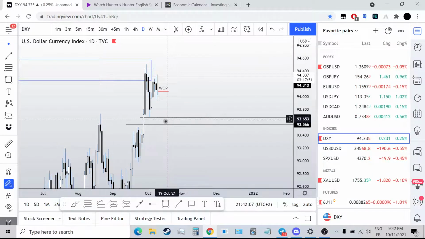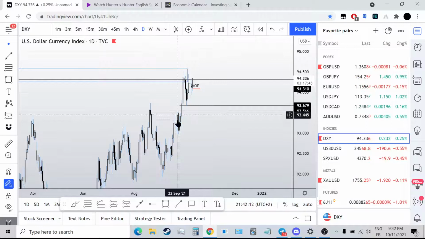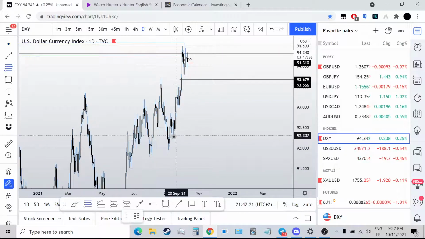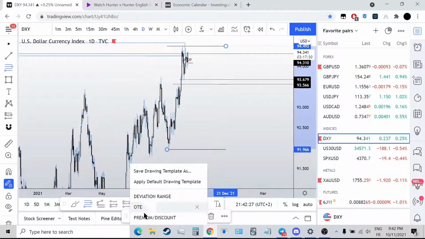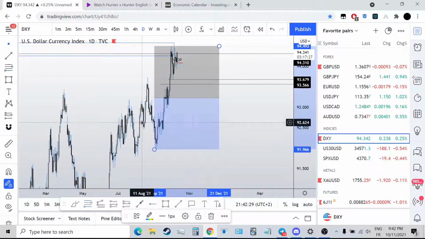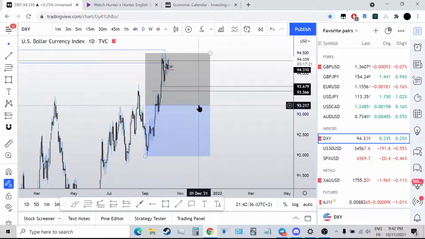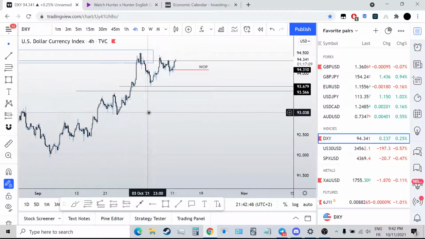I mean, you wouldn't buy DXY, but you would be kind of bullish on the dollar. You do have this higher time frame daily bullish order block as well, so this is a nice area. It's at a premium, but this would be a discount inside of, well, actually, if you measure this range from here to here, premium discount, your discount would be down here. But on a lower time frame, it might be a discount inside of a premium. So if you measure this leg to this leg, this is a discount for this relative time frame, right? So yeah.